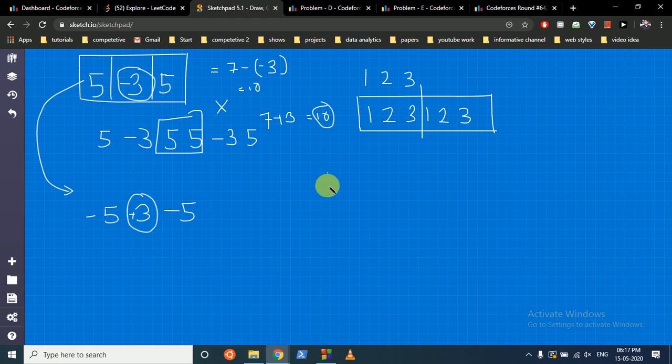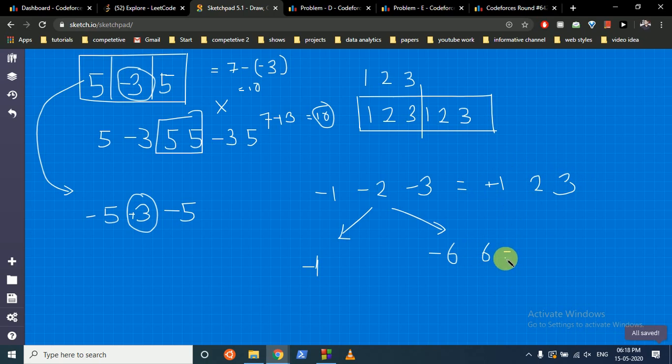Okay, but there is one edge case in which everything is negative, like -2, -3. Using the normal Kadane's algorithm, the answer will be -1. But if we wrap around, we first find the total sum, which is -6, and we invert everything, so it will become 1, 2, and 3, and the maximum possible sum for this is 6 also.